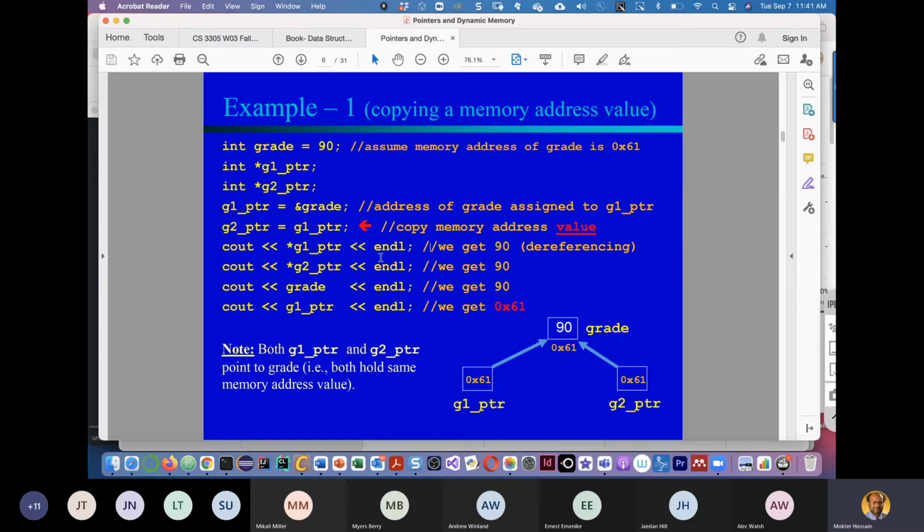For instance, you live in a house, or a room number. For instance, room number 101, 102, 103, something like this, and you are the only person living in this room. So if I ask someone, okay, go to room number 101 and ask the person who is living over there, then you are the only person living over there. For instance, your name is John. So if someone goes to your room 101, then he will get you, right? He will get John. In other way, if there is only one John in the entire building and I ask someone, okay, call John, then he will get you, only you, because there is only one John